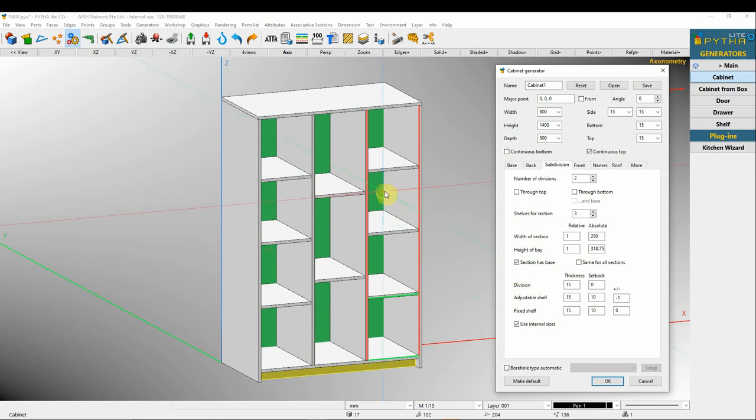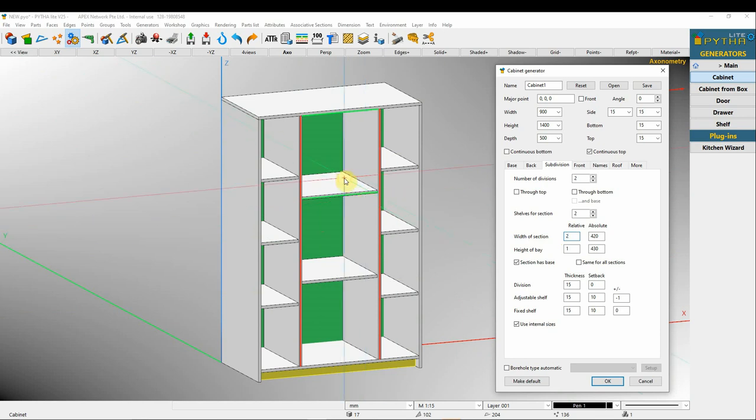if I want to change the width of the section, we have two options. First is relative. It allows you to use ratio. I can click on the middle segment here, change the relative to 2, and we know this will be 2 times the size to the side.